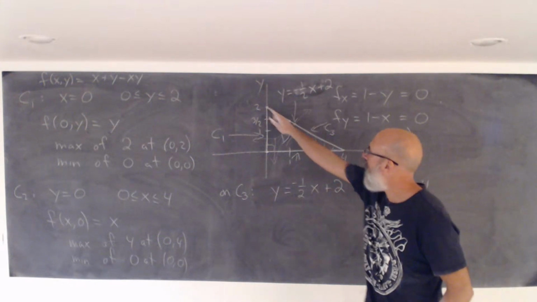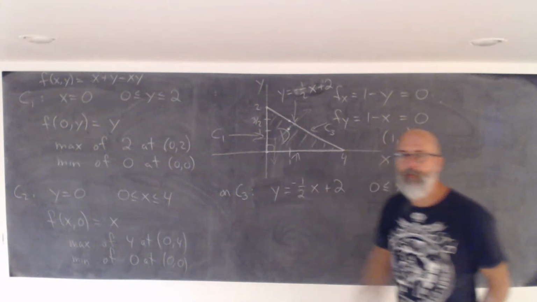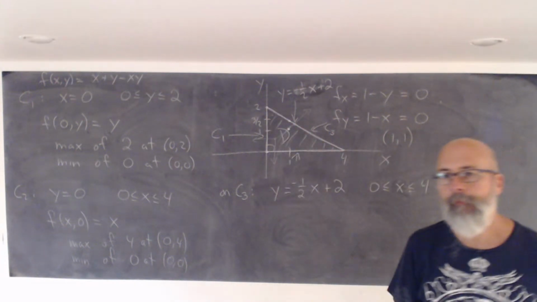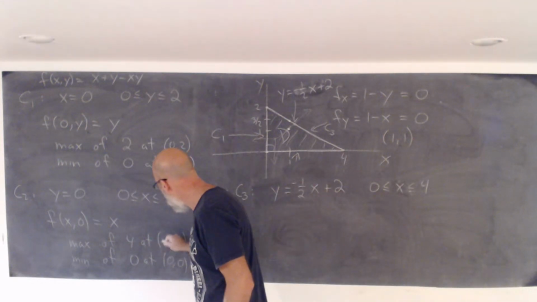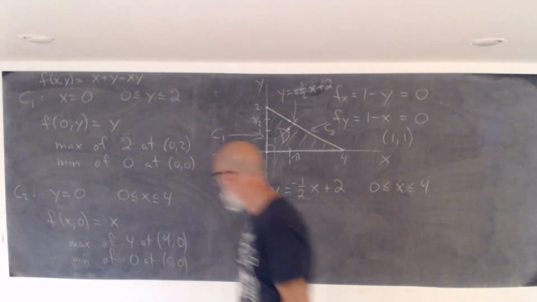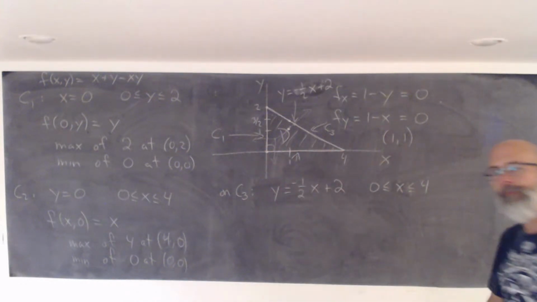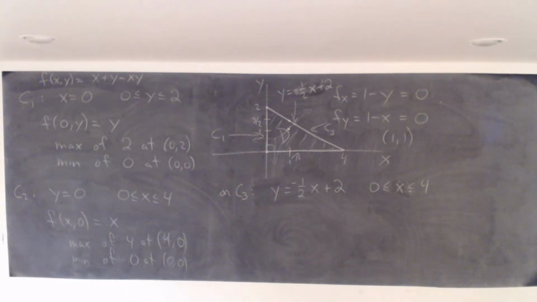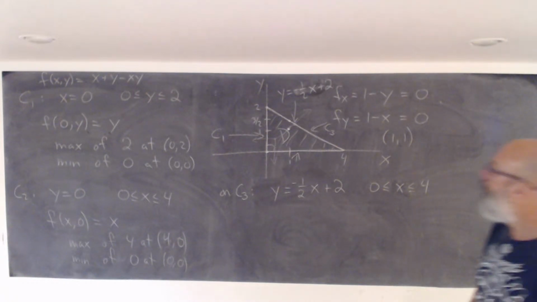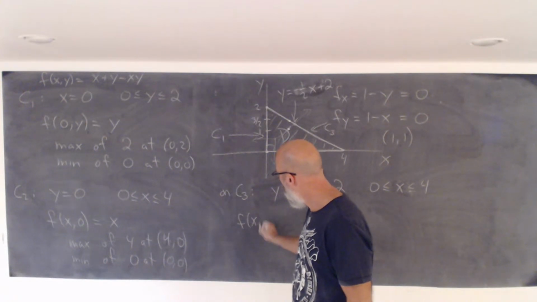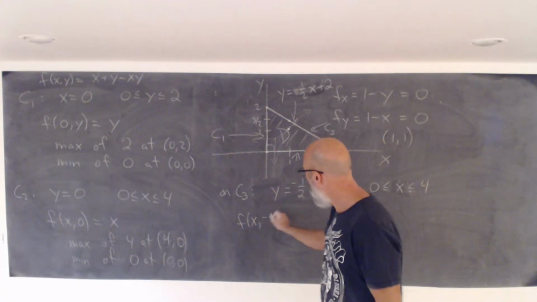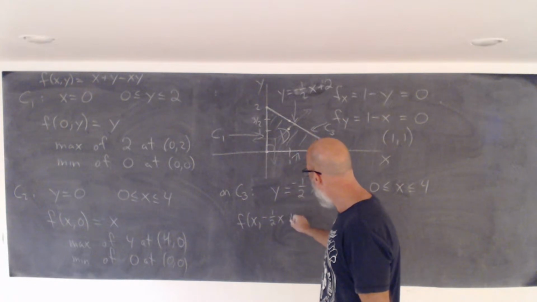This line segment here, this hypotenuse, max is at (4, 0), thank you. And your function, when y is on the line,